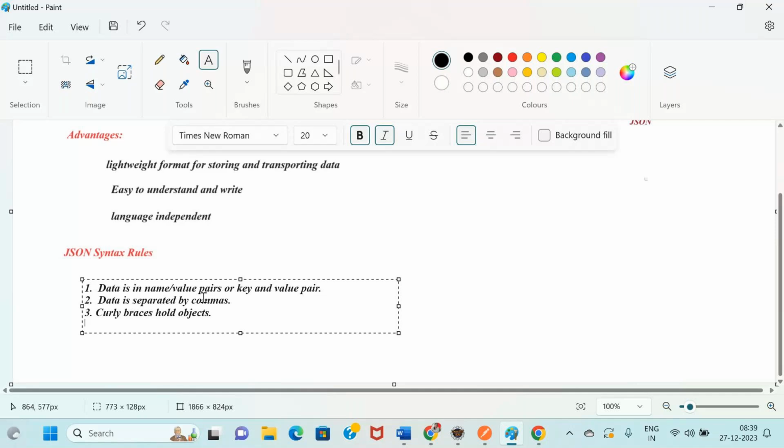Next thing, square brackets hold arrays.